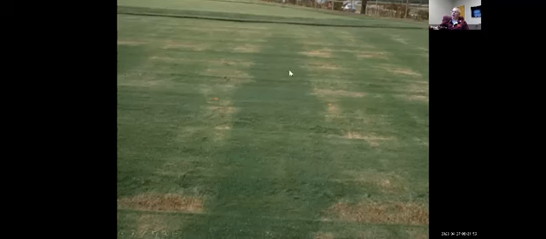So in the center of the image, the area was treated with Primo, and that has prevented the scalping that you see on either edge of those plots. And so that's, again, improving aesthetics by improving density, color, etc. is the normal use for plant growth regulators. That, and then you have poa annua suppression and seed head suppression. That's where most of the money is spent in the industry.